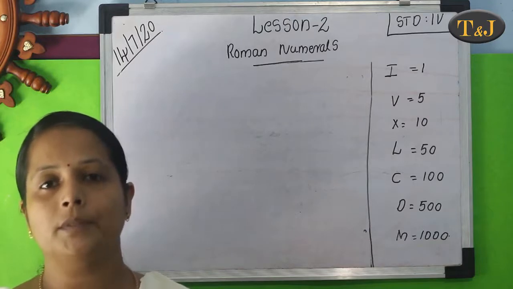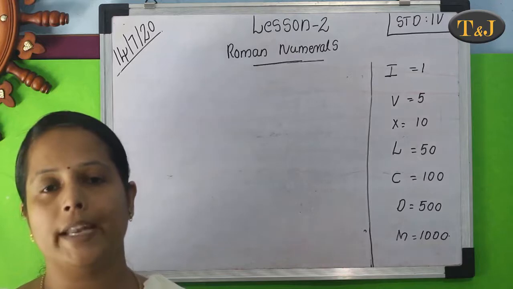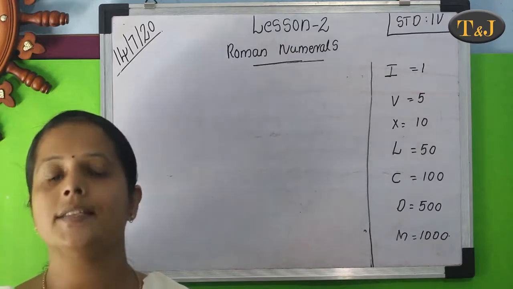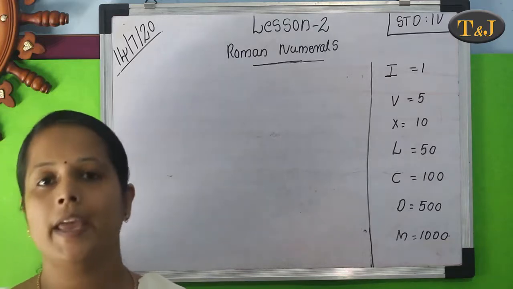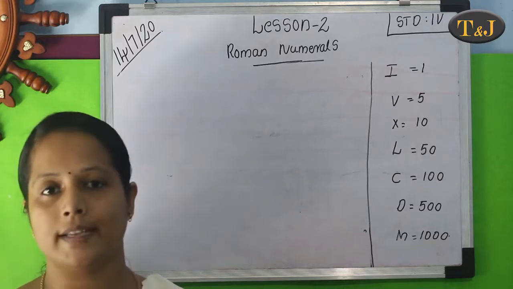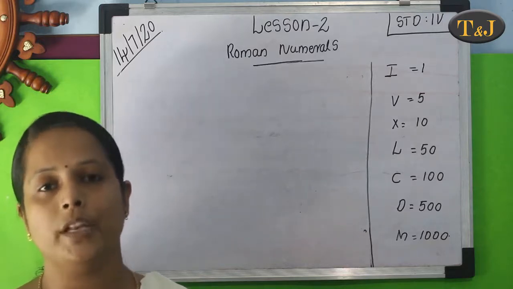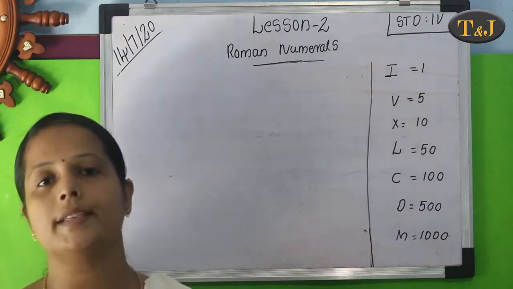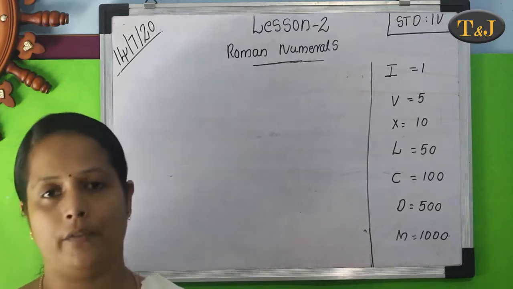Next we want the number 11. We know that the Roman numeral of 10 equals X. Then how can we add 1 to 10? That is 10 plus 1 equals 11. That is XI equals 11, XII equals 12, XIII equals 13, etc. Then how can we write the number 25? We know how to write the number 20, that is XX equals 20. Then XXV equals 25.